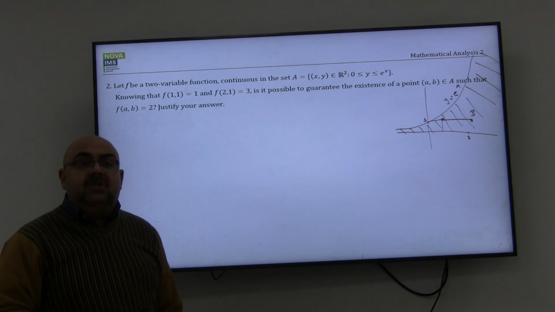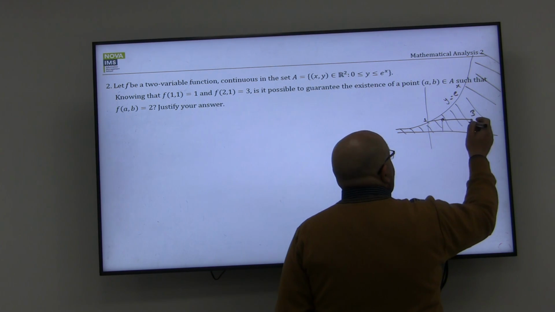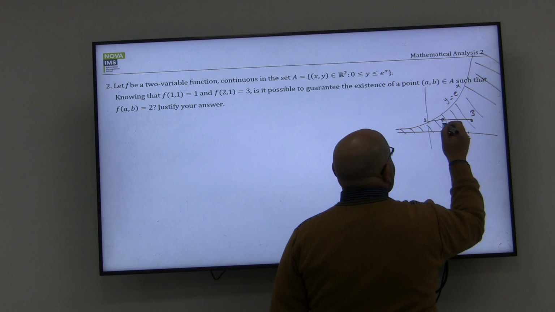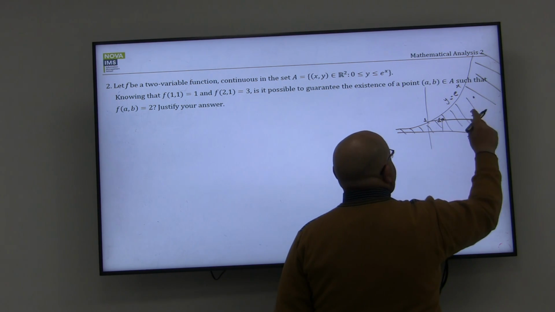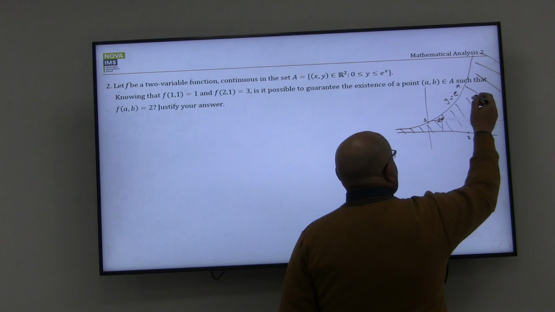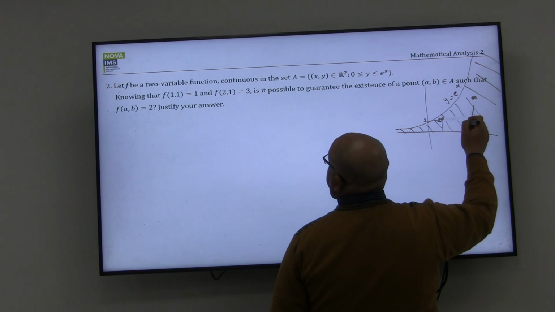Yes, I can. Yes, I'm sure that in between these two points, at 1 and 1 the value of the function is equal to 1, and at 2 and 1 the value of the function is equal to 3, that's the 2, okay, that's the function, the value of the function at